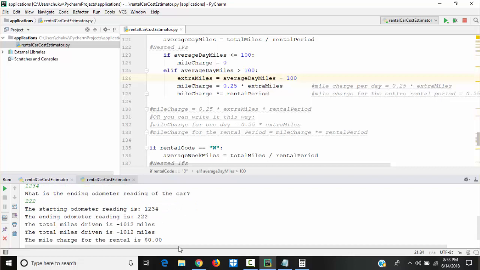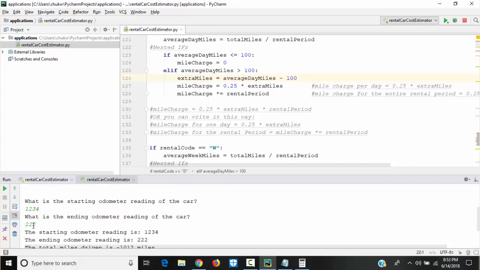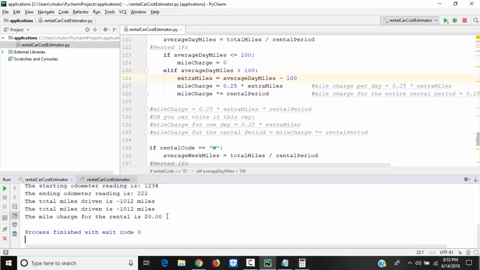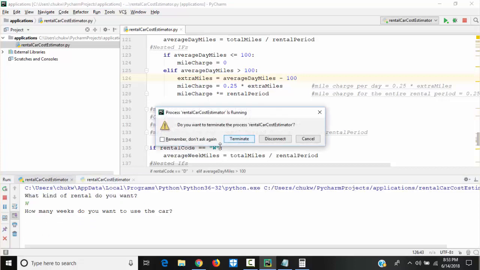That's when we deal with errors, we look at these different types of errors here. The program still ran, but it's an error because the ending odometer should never be less than the starting odometer. Never. So if the person puts the mileage at the ending odometer, and it's smaller than the starting, that means the customer has no charge, and that is wrong. So what I'm gonna do now, let me go ahead and, I don't know why this is still running, so I'm gonna close it, terminate.